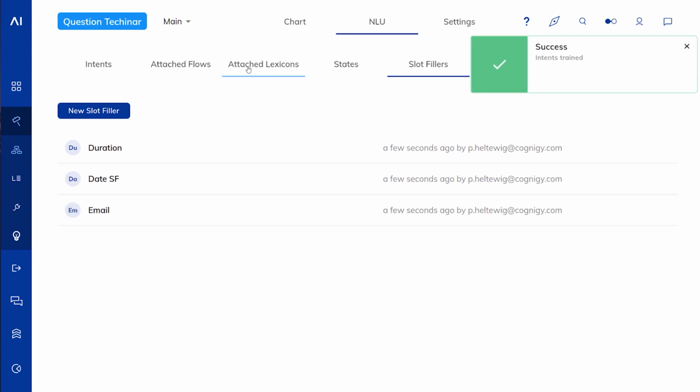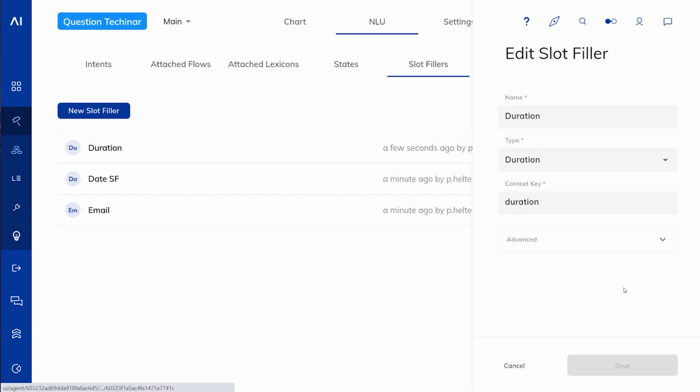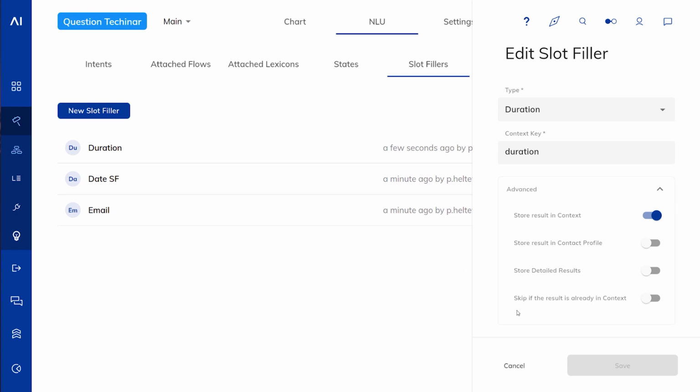Now, what these slot fillers do is fill those slots whenever they are mentioned during the conversation. So if at any point during the conversation I mention a duration, then the duration key is written into the context. If I say duration again later, it is overwritten. I can prevent that from happening by saying skip if the result is already in context, then this slot filler will not be triggered.